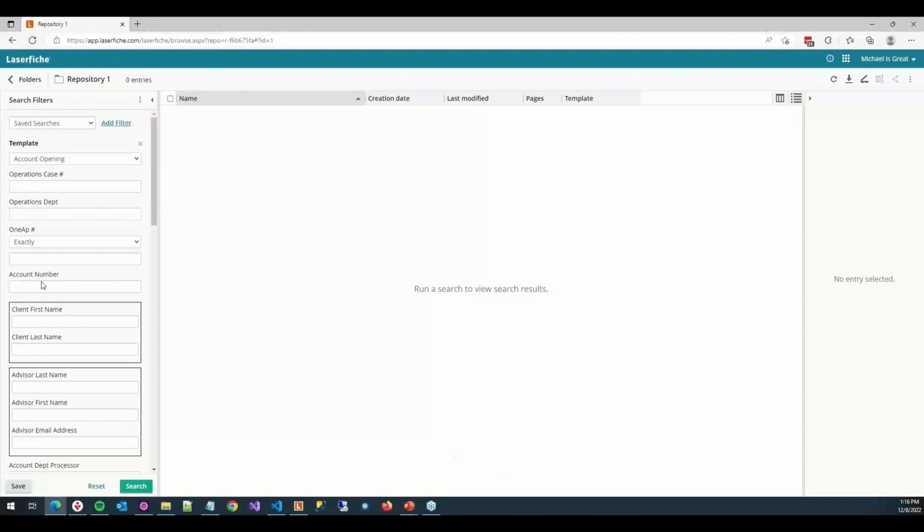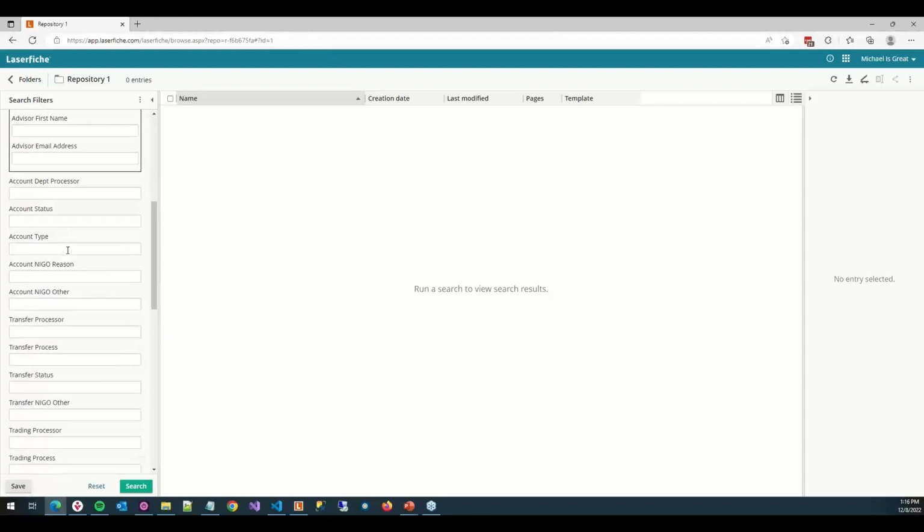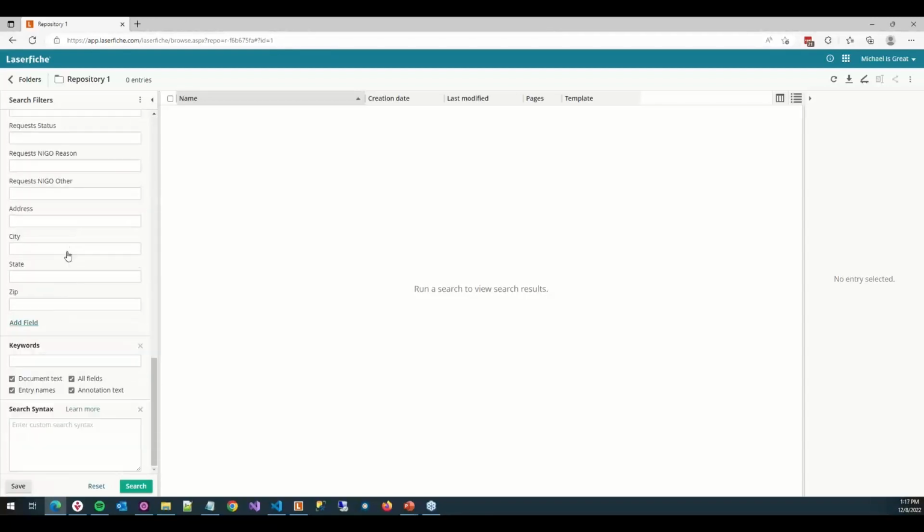We'll select OK. So we have our account opening template. We have our keyword search. And we will put in find me for our search text to make this easy to find. Once we click our search button,